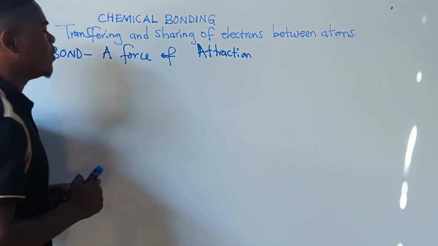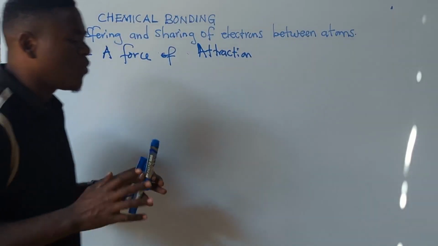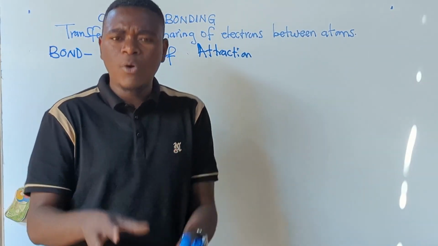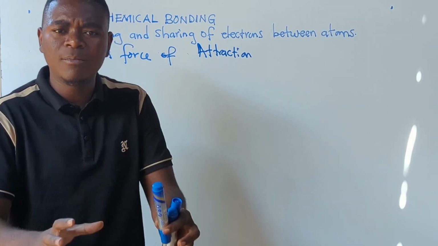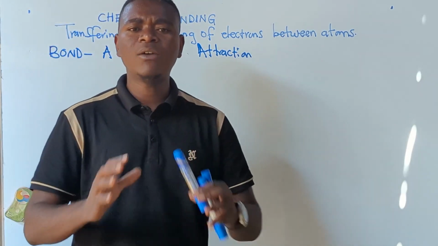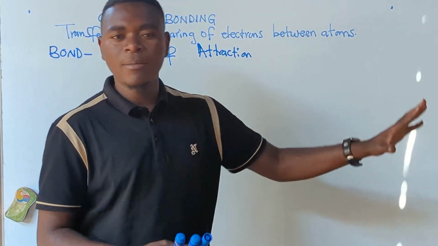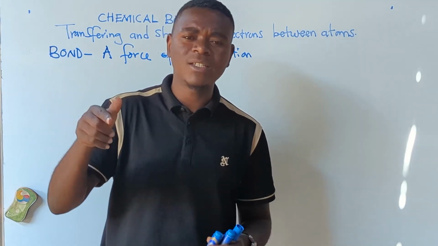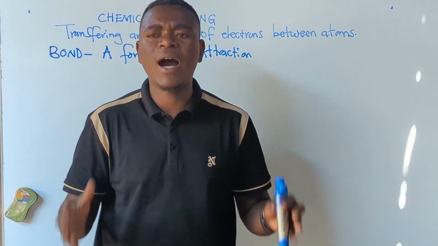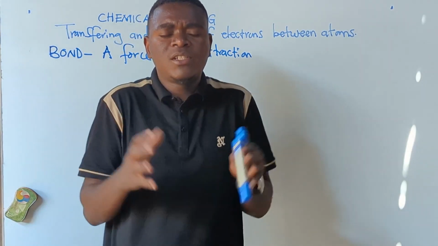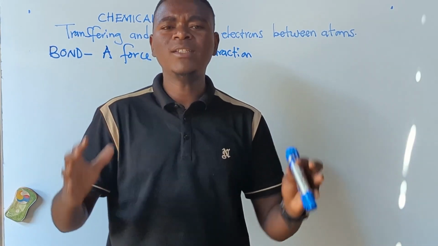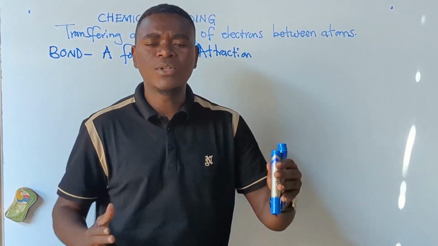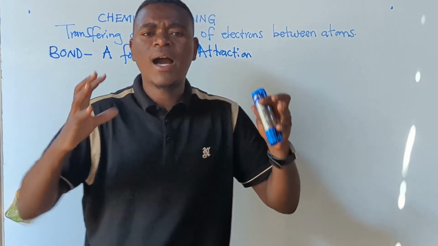The reason why metals or non-metals involve themselves in bonding is so that they can be stable. You now discover that group 8 elements, or elements from group 0, don't involve themselves in bonding. Why? Because they are stable. Their outermost shell is full to the point that it does not need any extra electron to give out or to gain. They are stable.